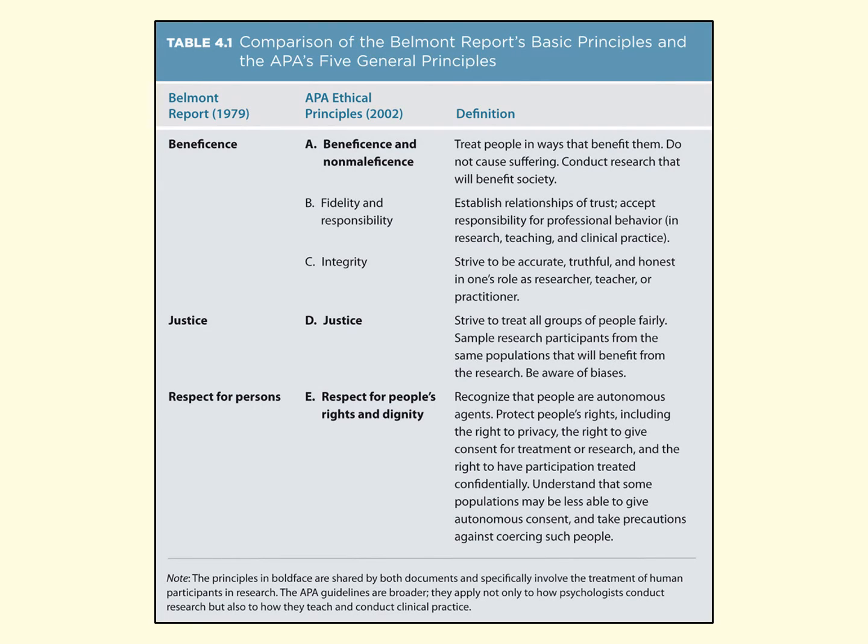And so as you can see, and as I've tried to explain already, we have the 3 basic principles from the Belmont Report, which you can see on the furthest left, and then slightly to the right of that you can see the 5 ethical principles from the APA. This is the 2002 version, but they're not changed in more recent versions. And you can see that basically beneficence is expanded somewhat, or embellished somewhat. Justice is more or less the same, and respect for persons is slightly renamed. But it's basically the same idea.